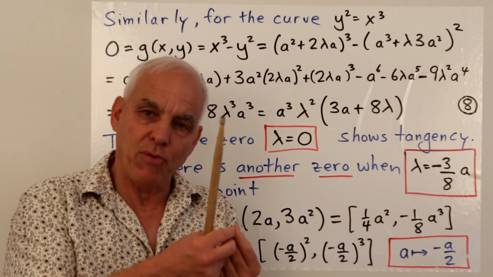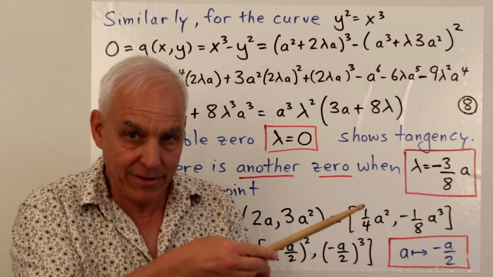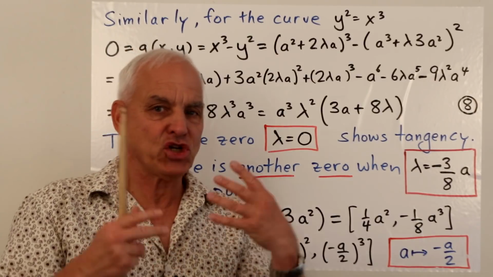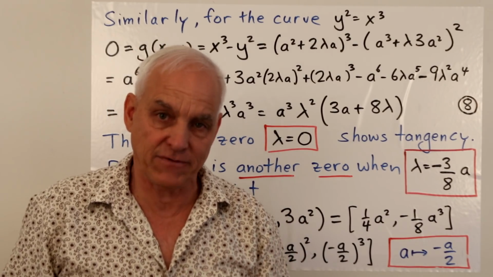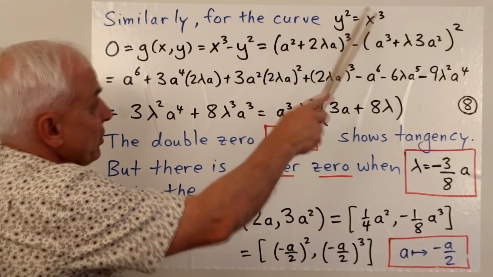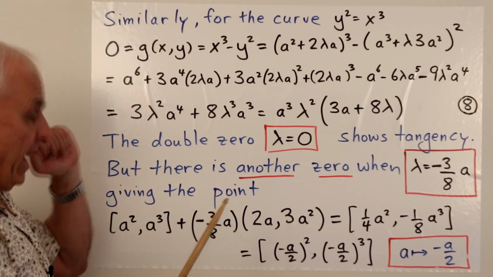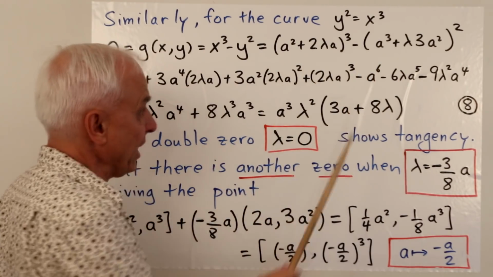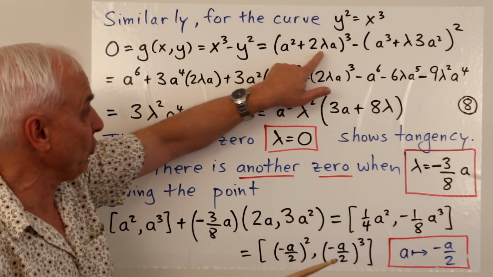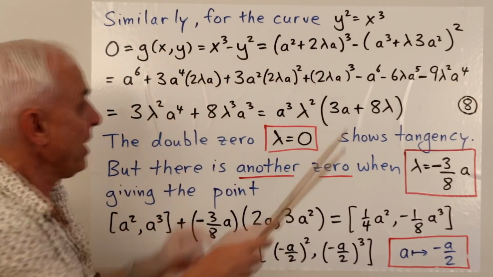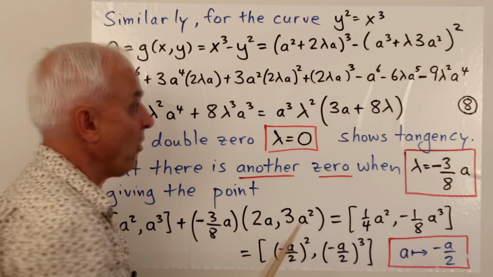We started at the point (a squared, a cubed). We computed a potential tangent line, okay? And we now sort of want to check whether it satisfies this nice algebraic criterion that a tangent line should satisfy. So let's take the equation of the curve and write it as g of (x, y) equals x cubed minus y squared equals 0. And going back to the earlier calculation, here was the x-coordinate of the point on the tangent line that we got, a squared plus 2 lambda a. So we have to cube that. Here's the y-coordinate of that. That was a cubed plus lambda 3a squared. To square all of that.